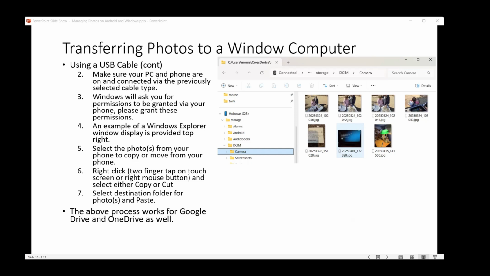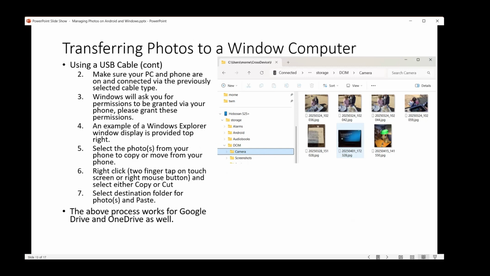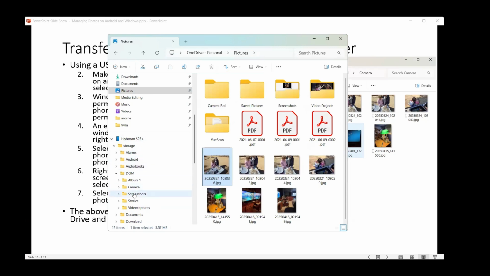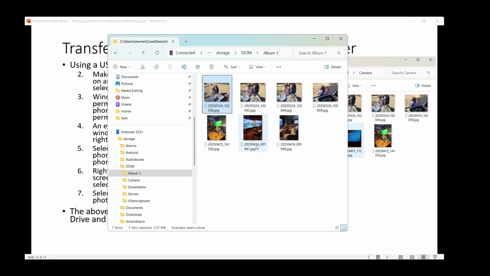And let me bring that up real quick. All right, I'm going to come down to my album here. You can select one image and then transfer it by dragging and dropping to another location. Or there's a hotkey, but before I get to the hotkey, I'm going to hold the control key down and select